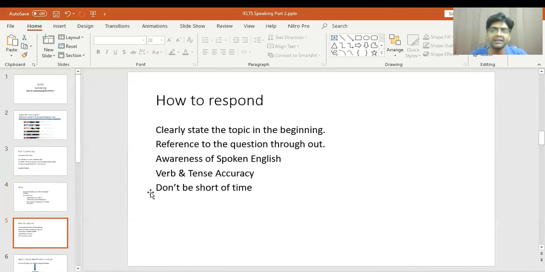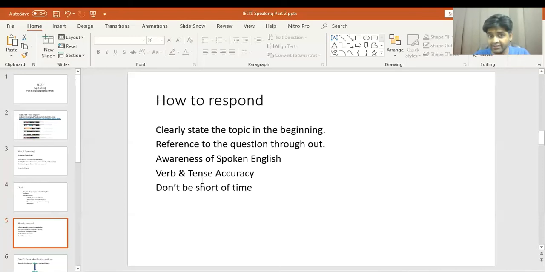And awareness about spoken English. When I was speaking, I was a bit slow for your sake, but it doesn't mean that you are running like a horse and if you are running like a horse then you are fluent. It doesn't mean slowly you can move on, but there should be no pauses. And another thing, you need to keep it conversational or a spoken style. It should not look like you are delivering a crammed speech or something scripted. Most of the time students say that we have crammed a few templates, so that is a negative thing. Let's try to make it a bit natural rather than scripted.